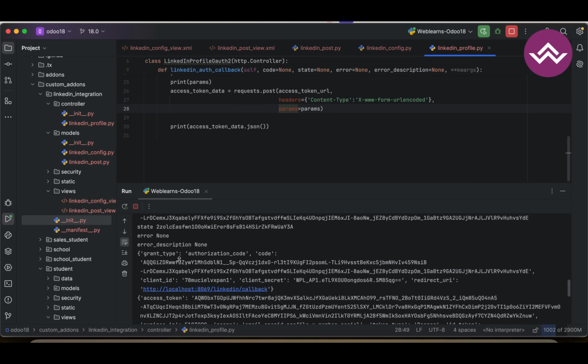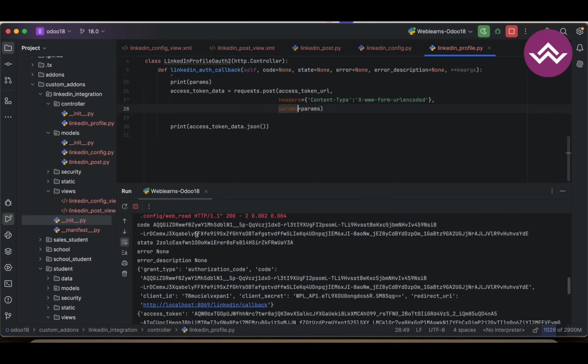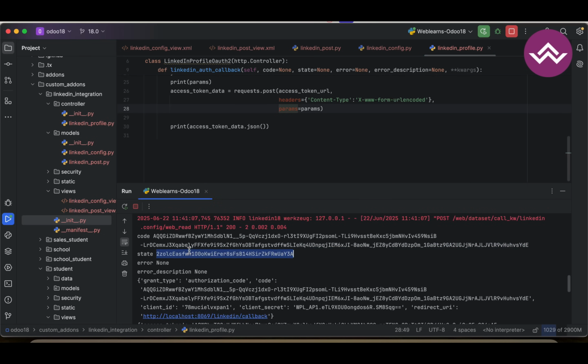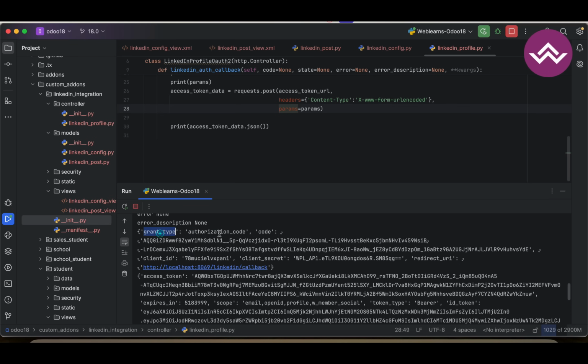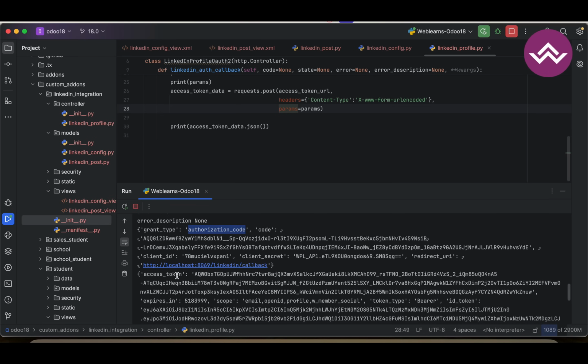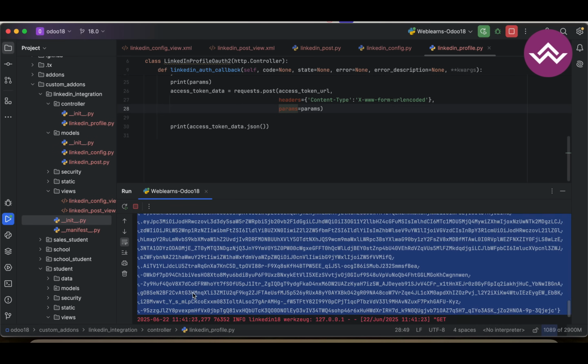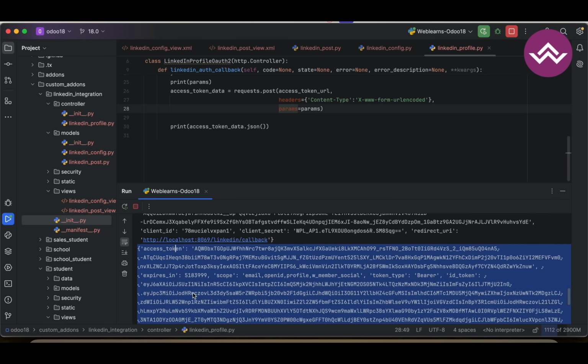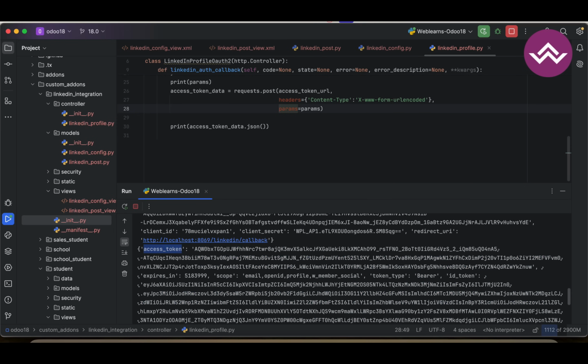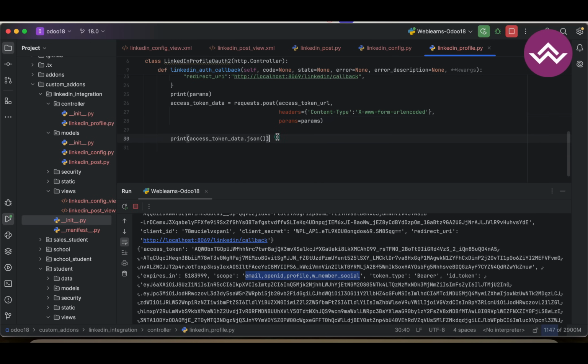Alright, so you see we have something like this, right? You can see here it's success, right? With this token we have to use, and you can see the scope also it will automatically return, right? And simple here,